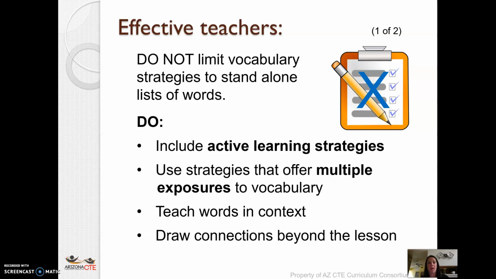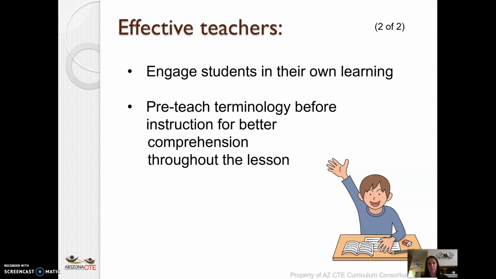So again, especially with the vocab, the terminology you want them to learn within your lesson, you need to give them multiple exposures to the words. It's not just, here at the beginning of the week, here's a list of words and you're testing it on a Friday and you don't ever talk about them the rest of the week. You've got to give kids more opportunities to work with those words. And you want to, again, try to connect those to your lesson or your content as much as possible. Okay? And that often helps students to learn that terminology before you even